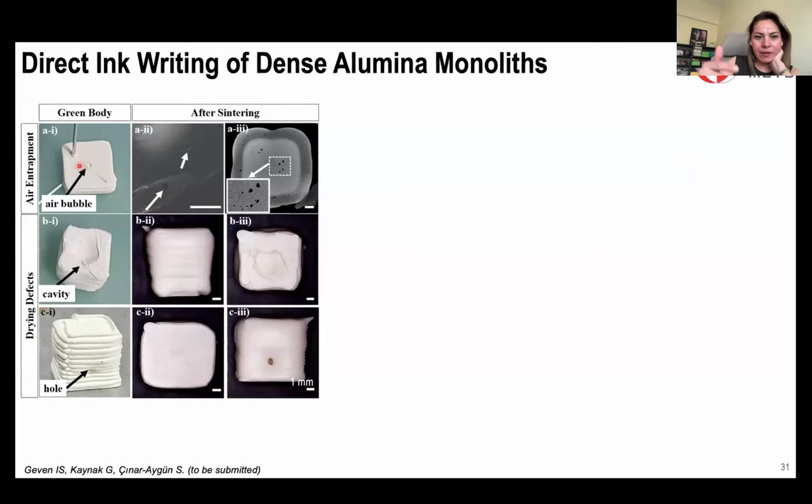Once we used ascorbic acid as dispersant and another binder, we realized that we had a variety of defects. Some of them were air entrapment all around the sample. And then we also realized that there are some drying defects. In that structure, there is a cavity underneath the sample, or if you do not have a cavity at the bottom, you have holes on the sides. So we thought, okay, this has to be related to drying, with the water in that suspension trying to find its way out of the monolith.